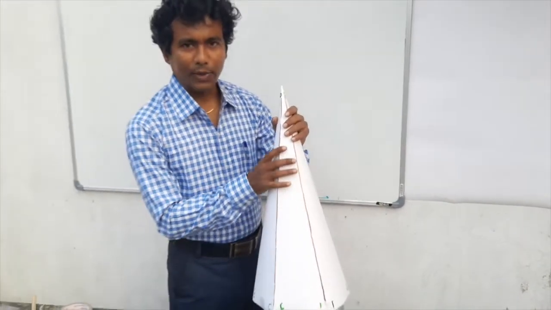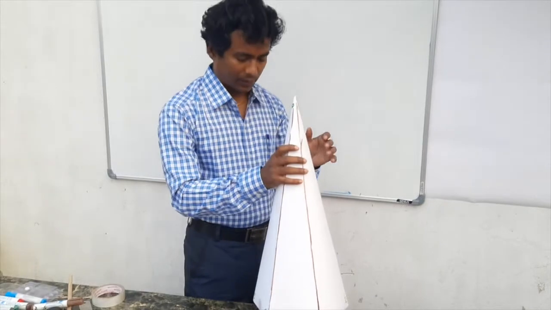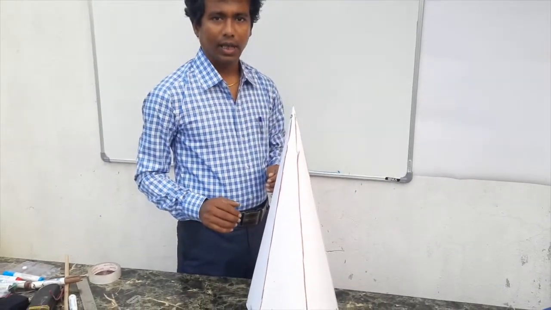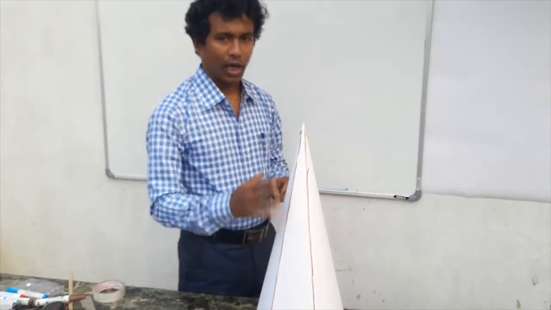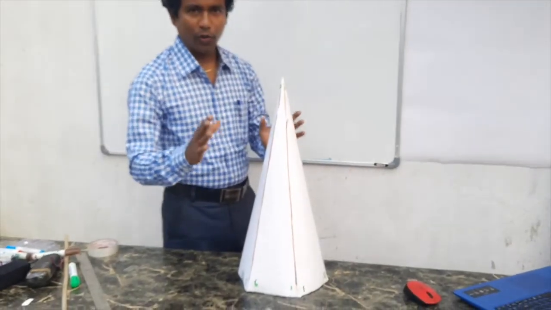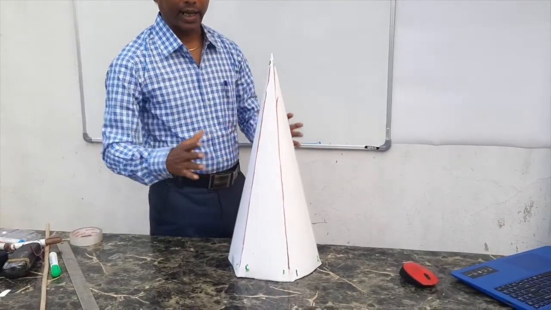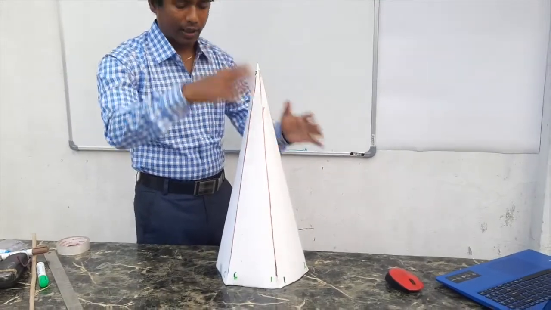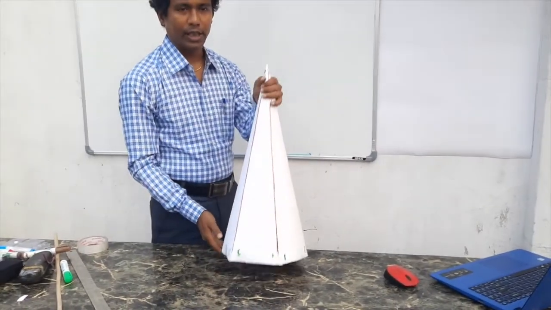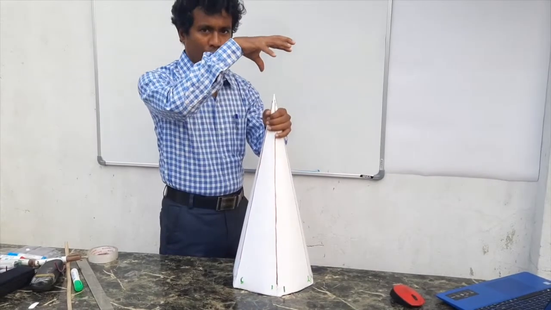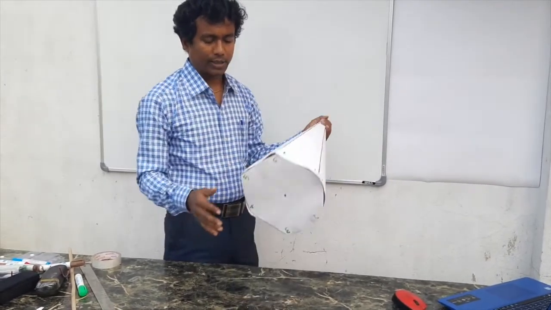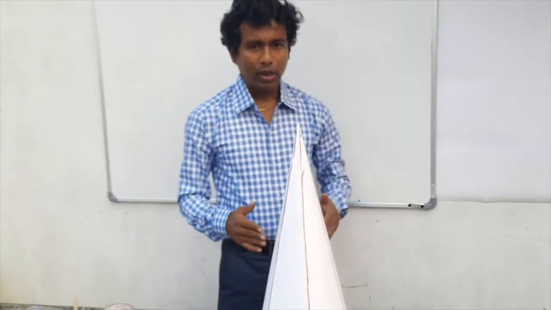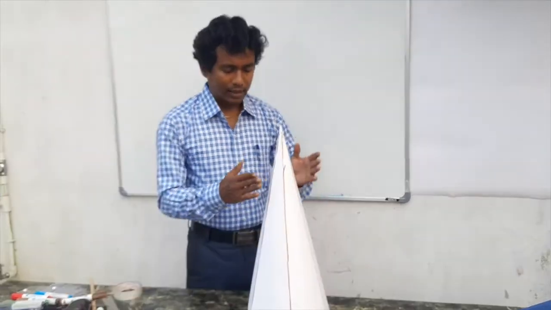Now, as per the given problem, it is placed on HP and we are looking from front and top. When you are looking from front, it looks like a triangle. When you are looking from top, you are seeing the base only. Means when you are looking from top, there it is the base only you can see. Right? Now we have to cut this pyramid